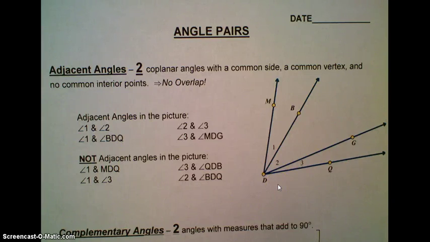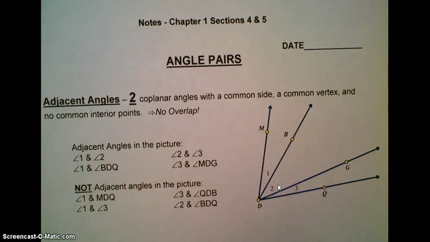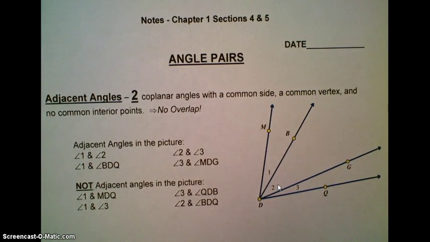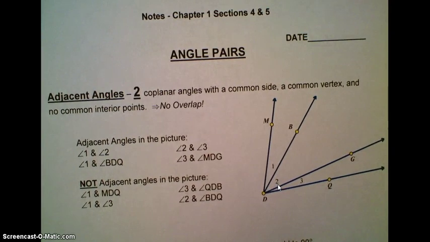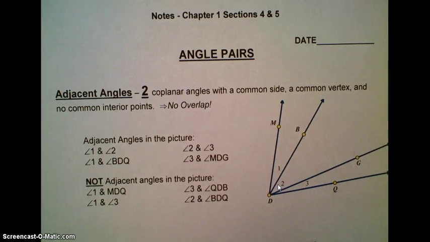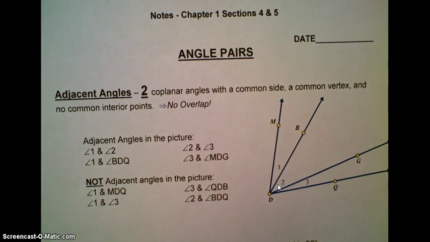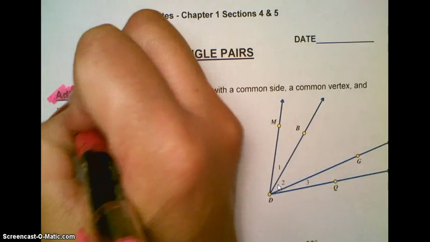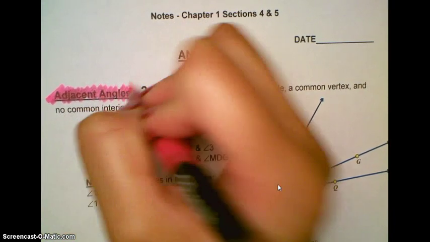Hi, we are looking at the Chapter 1, Sections 4 and 5 note packet, and we're looking at the angle pairs. This is going to be a lot of really important vocabulary that you're going to use again and again. So the first pair of special angles are adjacent angles,